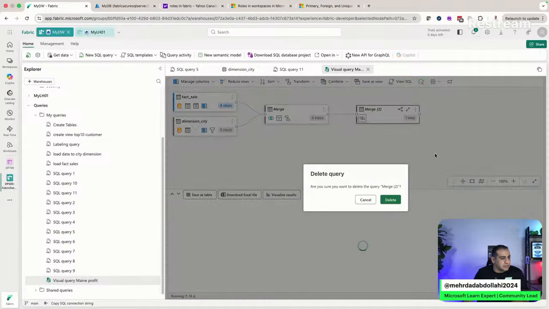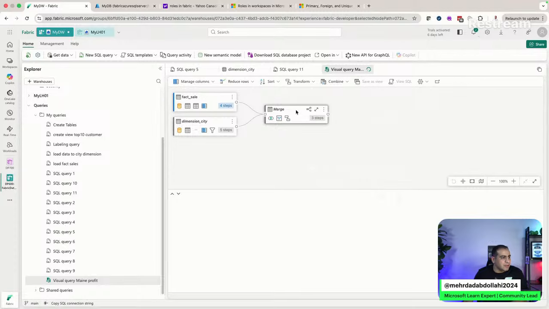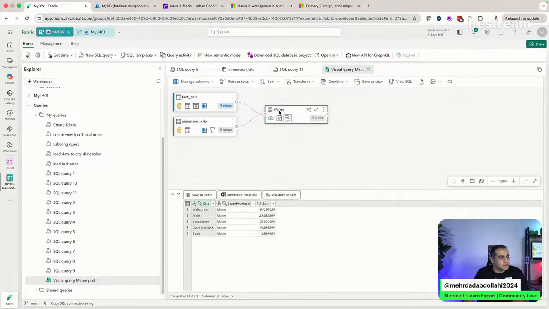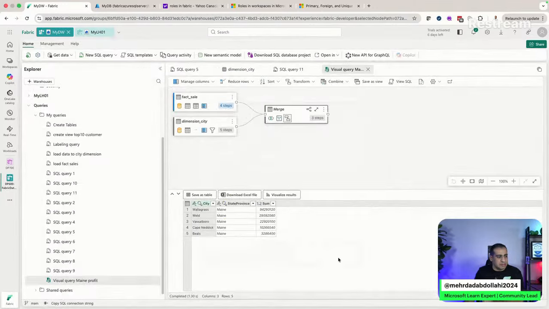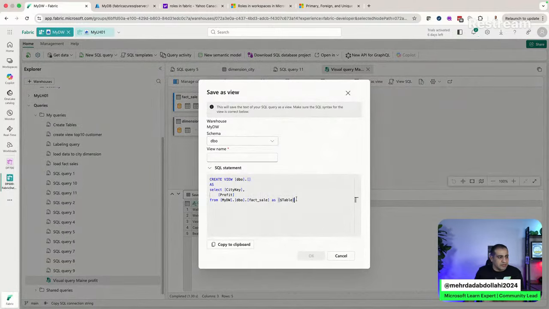Let's remove this one, delete that. And in order to save it as a view, we have to enable the load for, let me just start from the beginning. For those who were not here in the last session, there was a problem: we wanted to save this merge as a view, and it was not giving us the right statement. As you can see, it is only giving us the fact sale